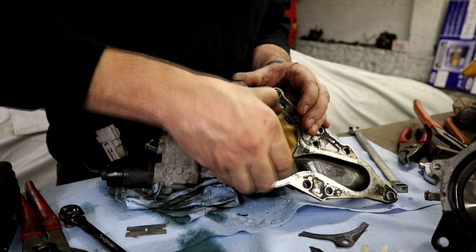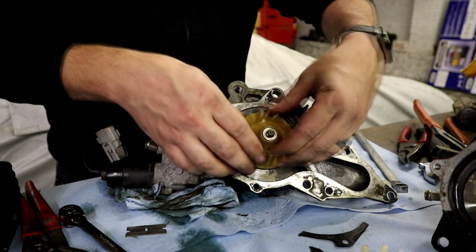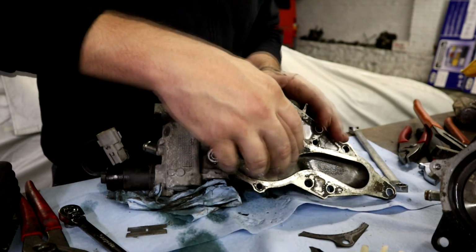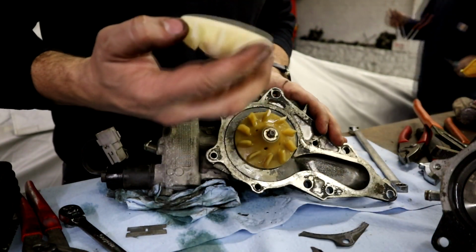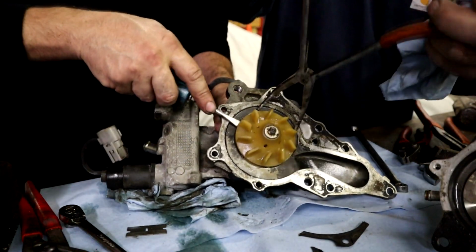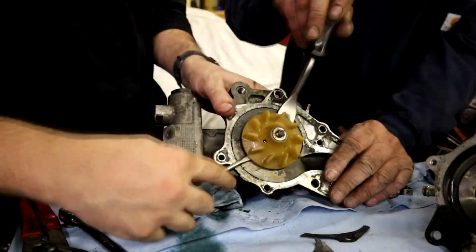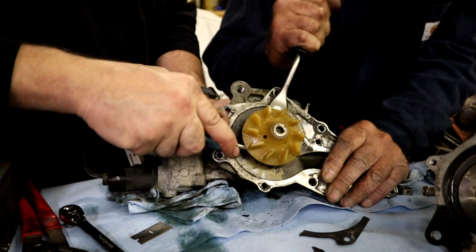So here's this. Wow, that's interesting. I'm gonna need a couple, so that spins freely. That's interesting that it doesn't have splines or anything. Hold this on one side and I'll do this on the other side. Ooh, it's on there good. Boy. Yeah, so it's kind of press fit a little bit, but...